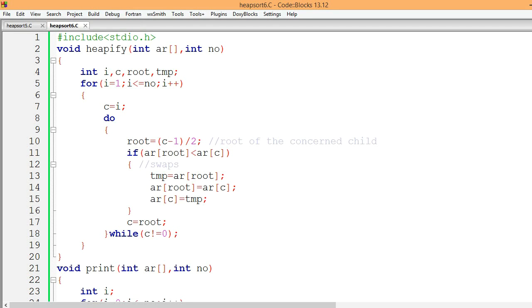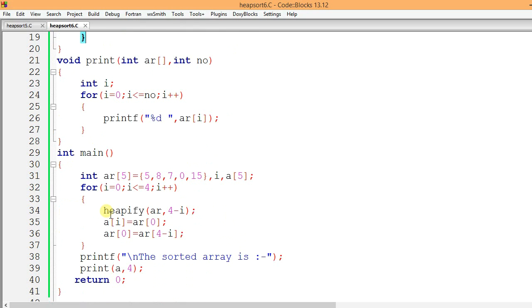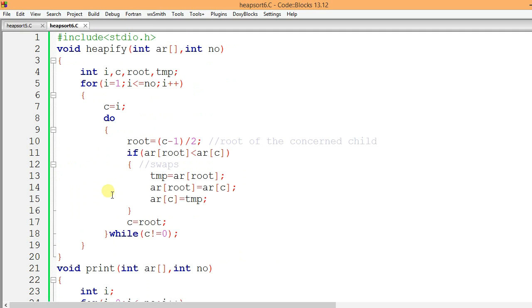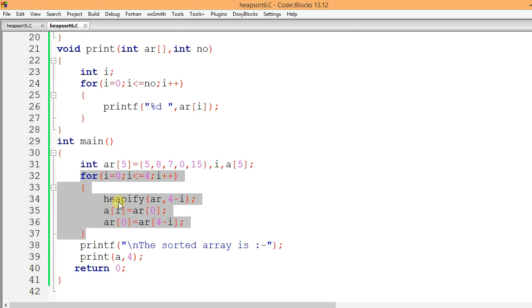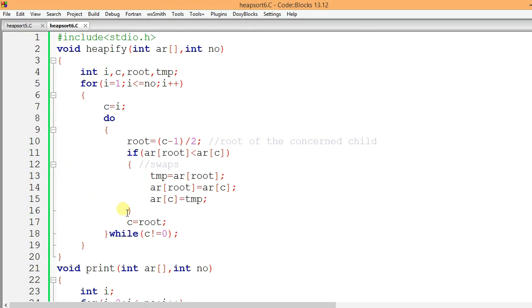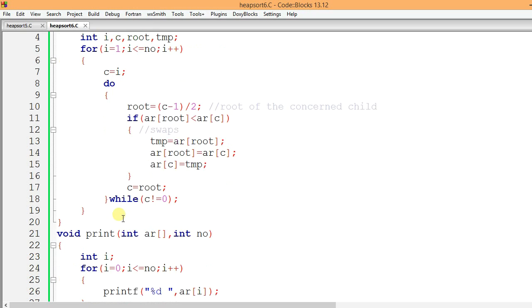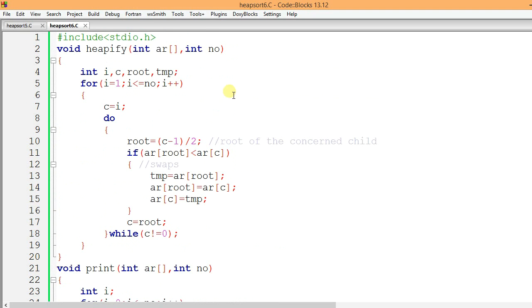Okay, well, the time complexity of this heap sort is O(n log n). It's pretty easy. Well, actually, I should say this: the complexity of this function is log n, and the complexity of this code is only n. So it's n into log n. It's like that. I'm not going into the details of how to derive that. If you're interested, you can always search a book. I'm sure it's available somewhere. But here it is. It's pretty easy, pretty obvious, and it's enough for you to score good marks or